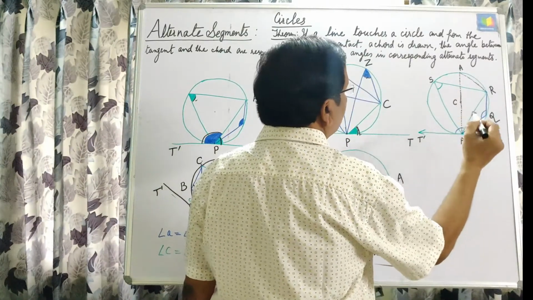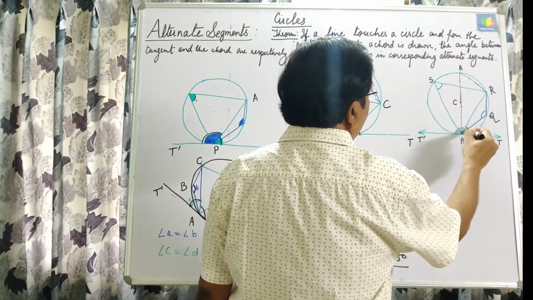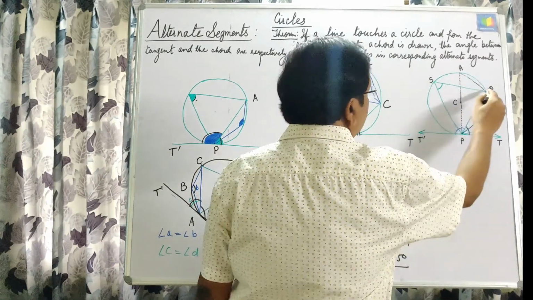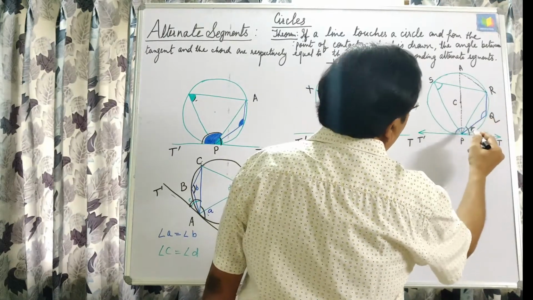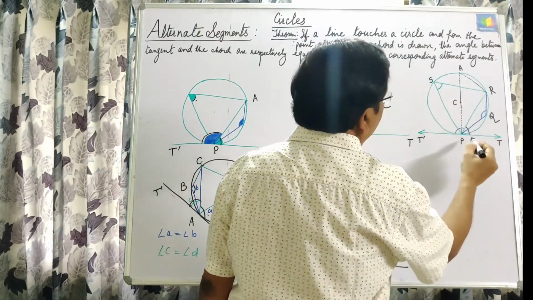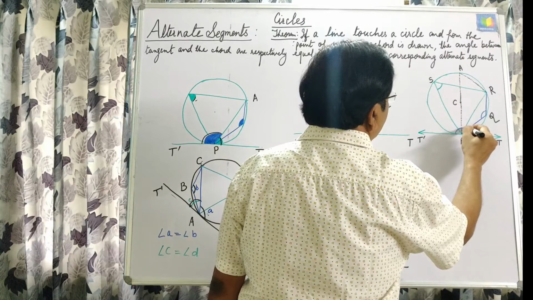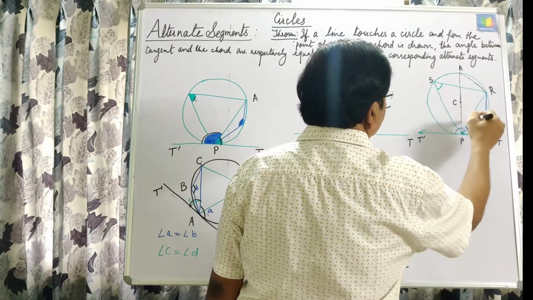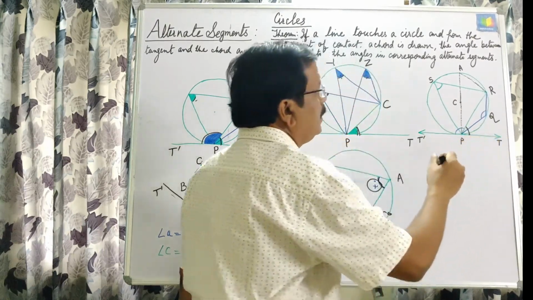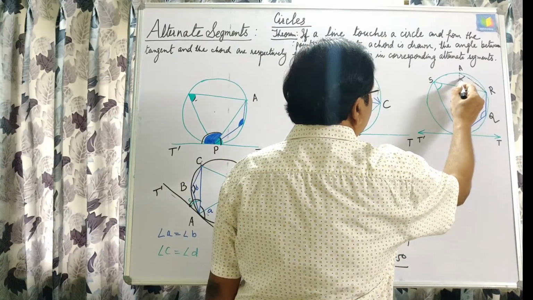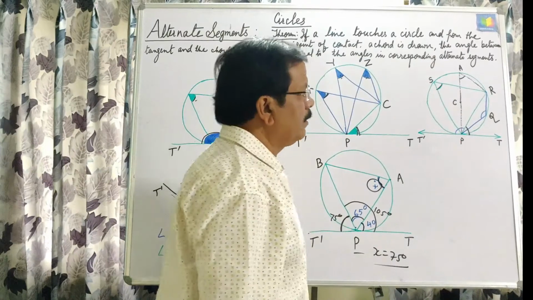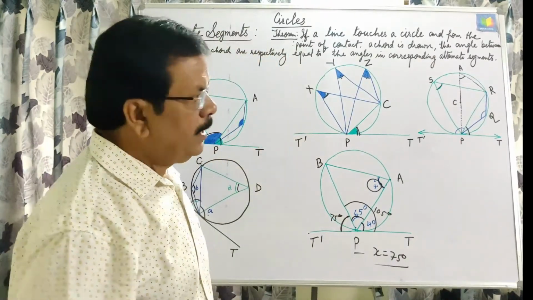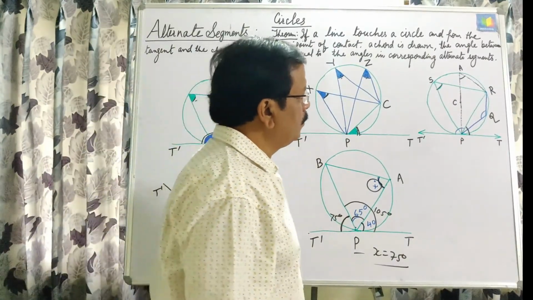In this figure you can see that this is the chord, PR is the chord, and this PR divides the circle into two segments, and we have to prove that this angle, whatever this chord is making with the tangent, is equal to this in the alternate segment or this. Though the proof is very easy, we will discuss the proof just now.